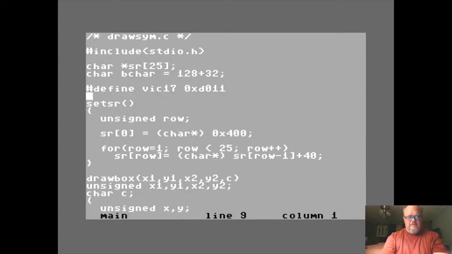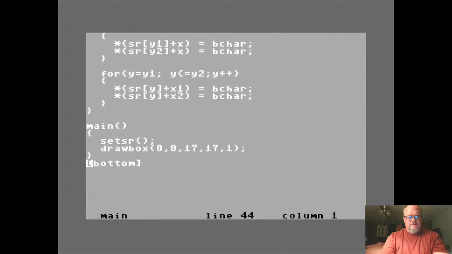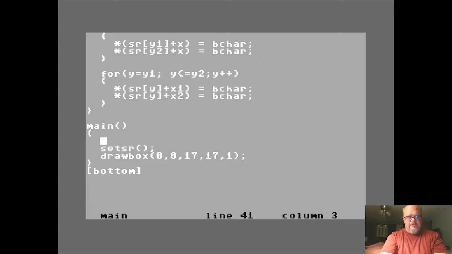There we go. And then to turn on extended color mode, we will do